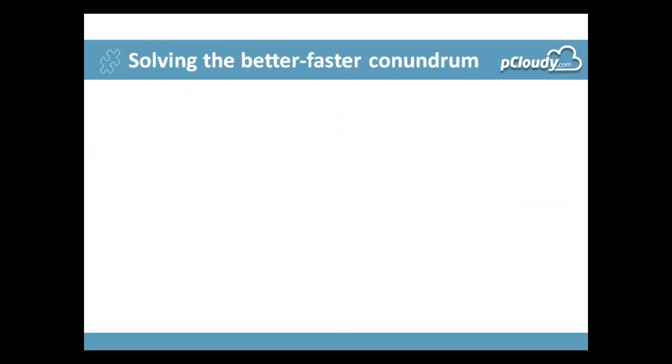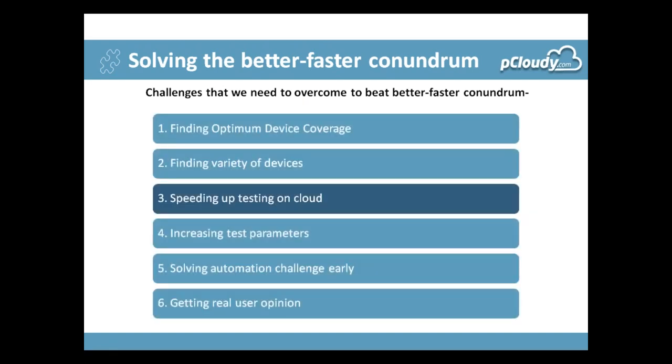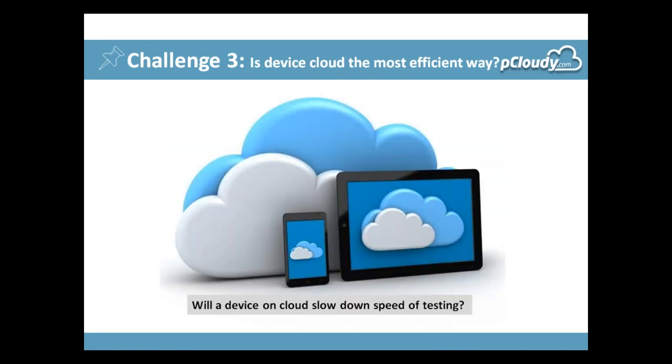Moving on to the third part of the challenge, which is one of the most discussed ones, is speeding up the testing on cloud. And just to elaborate, whenever we go and meet customers and users, one of the concerns that they have is, is device cloud the most efficient way? Okay, we can find the devices on cloud. It solves my problem of finding a variety of devices, but is it the most efficient way? Will it slow down my testing? And to help you understand